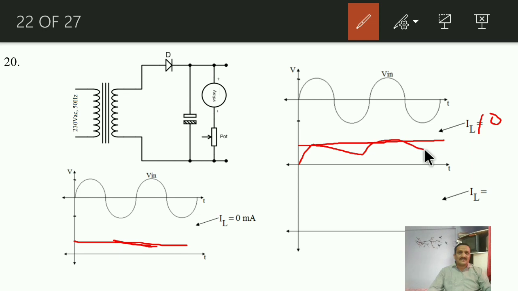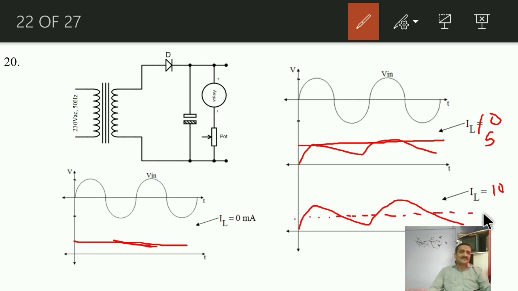So you will have the output with somewhat of a ripple. Whenever you want to increase this IL, suppose it is at 10 milli now, where previously it was 5, that means more and more current is flowing through the load resistance. That means there will be more and more discharge of the capacitor. That means the ripple will increase, the peak to peak ripple will increase, and hence the average value,